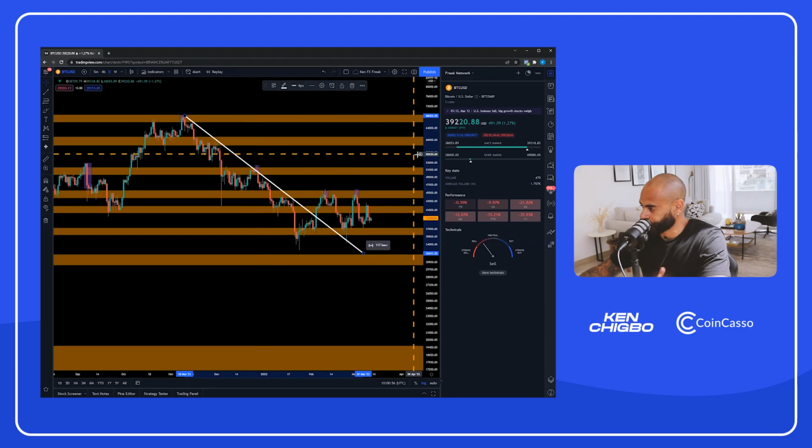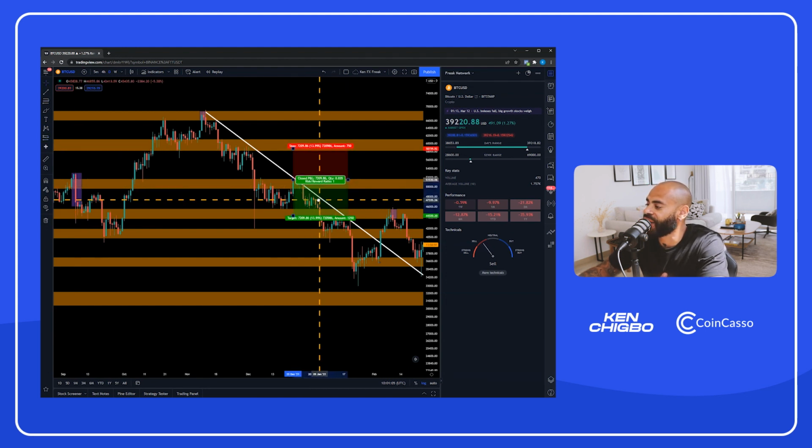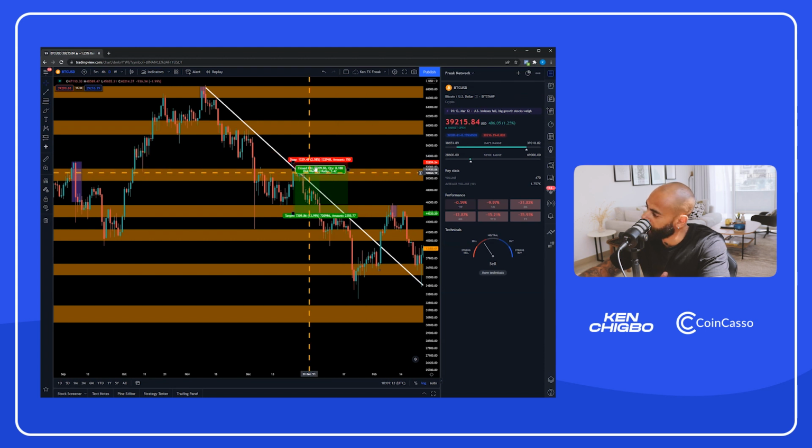So you can see again, we've already got our zones marked up, and look what we've done. Tap at a trend line, but we've also entered a known supply area. Look, rejection, sell, rejection, sell. So what we'll be doing, we're placing shorts just above, leaving some breathing room, above the trend line, above